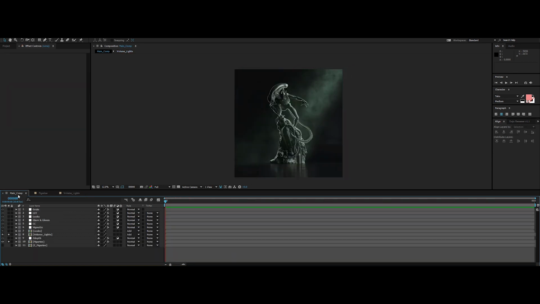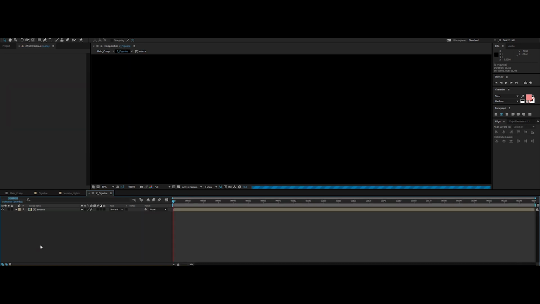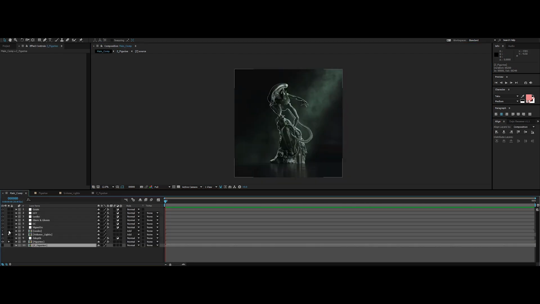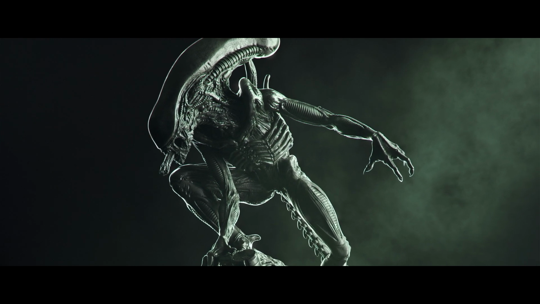So back to the main comp, I've added some depth of field using the Z AOV. Then for the final touches, I've added some green leaks, a vignette, some other color adjustments, some glare and bloom, chromatic aberration, a photographic LUT, and finally some grain. And boom, the final result.